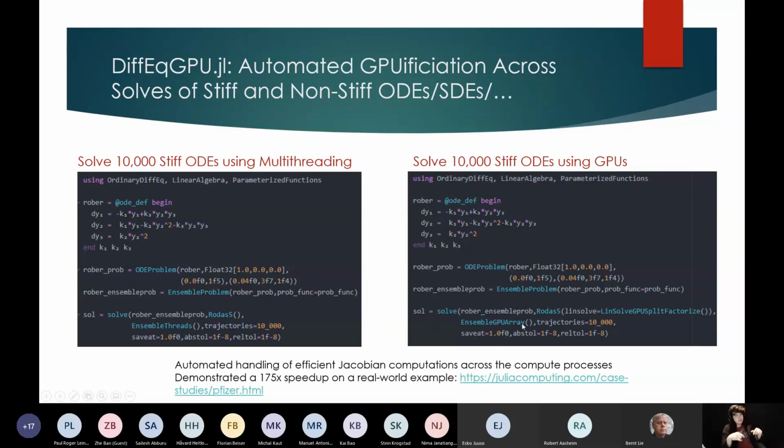And what will happen under the hood is we generate a new version of your ODE, which is more compatible with GPUs, right? A similar compiler trick. And if you're solving thousands and thousands of equations, then you can solve these really small differential equations about 175x faster. Transformation to a GPU-based code for a pharmaceutical company, because they have to do a lot of these 15 to 50 stiff ordinary differential equations, doing thousands and thousands of trajectories for global optimization and such.